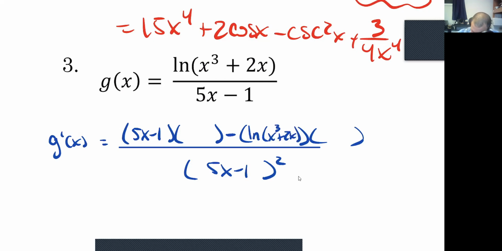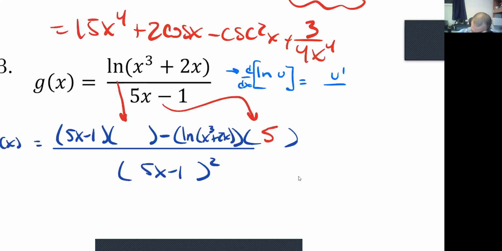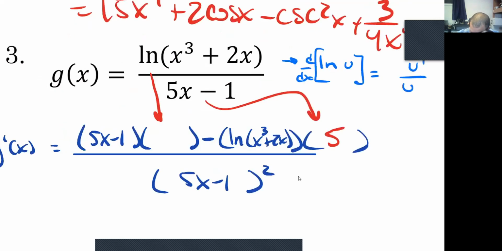So the derivative of this whole term at the top is going to go there. The derivative of 5x minus 1 is going to go there. I'll do the easy one first. Derivative of 5x minus 1 is just 5. All right, so the derivative of the natural log of x cubed plus 2x, we would use a chain rule. Remember, the derivative of the natural log of some function is just u prime over u. So we take whatever's in the natural log, this argument right here, and just drop it down to the bottom, x cubed plus